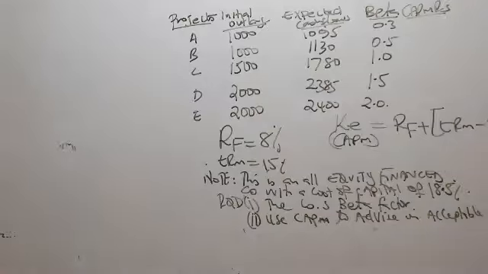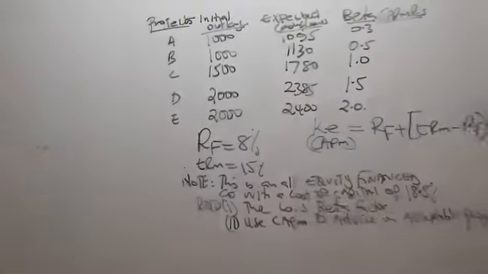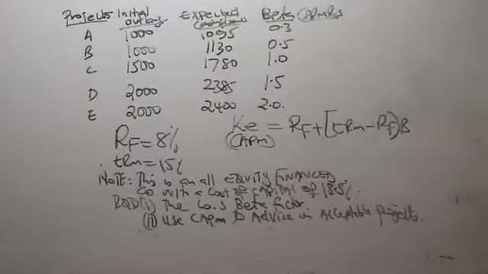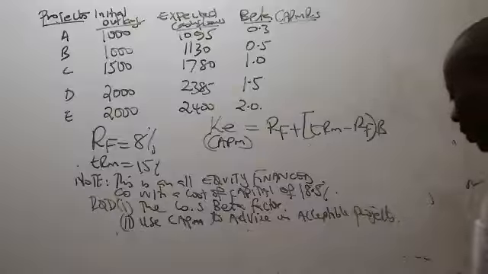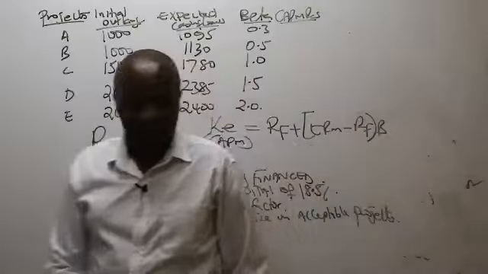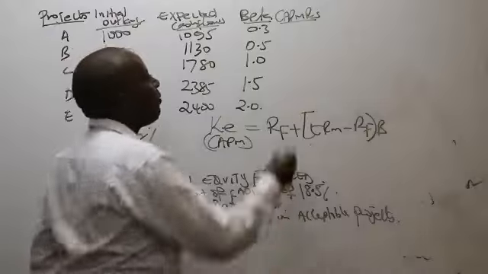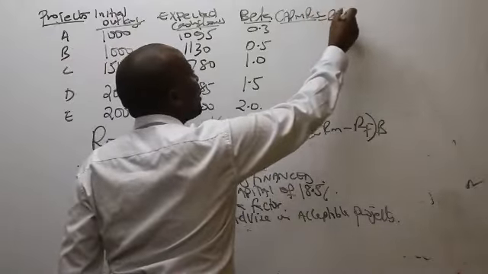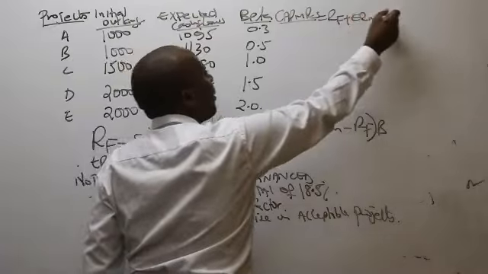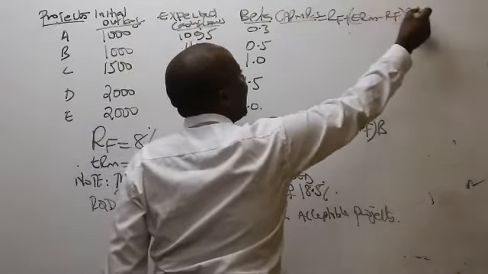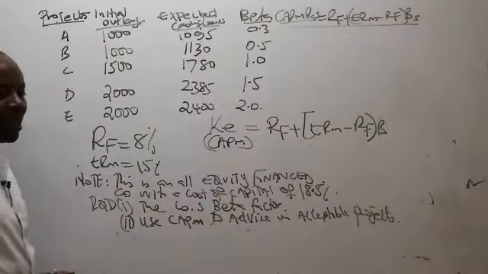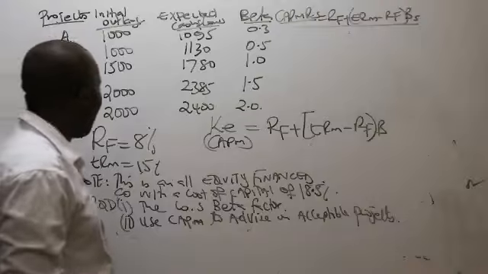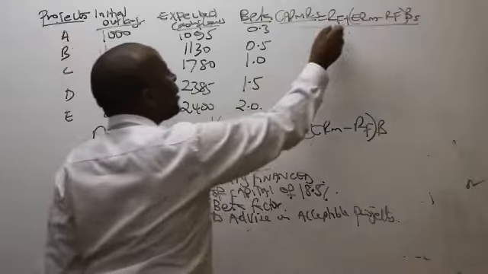What do we have there? Fortunately, we know the formula. There is nobody who is really forcing us. We know that our CAPM returns should be equal to risk-free plus ERM minus risk-free, multiplied by beta of the security. So if it is security A, the risk-free will remain the same. Risk-free, you told me, is 8. So I'll talk of 8